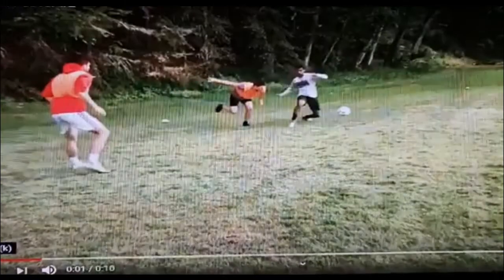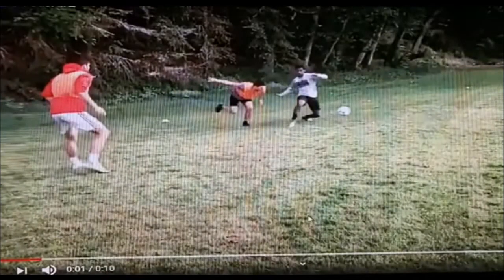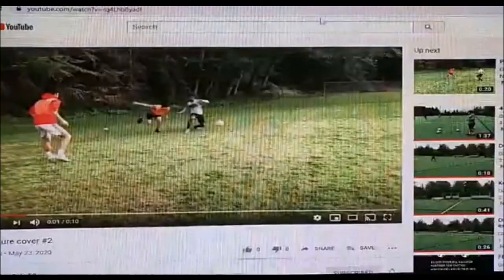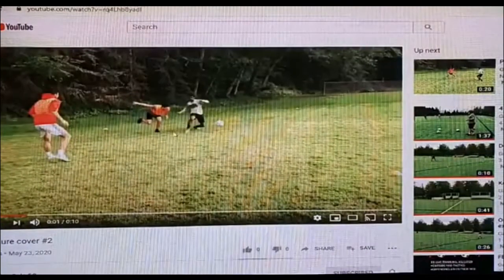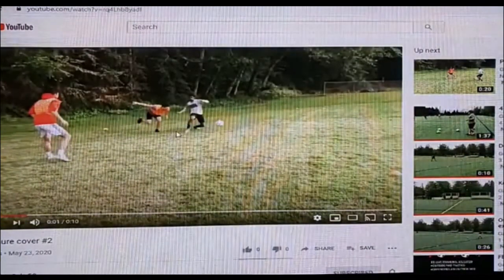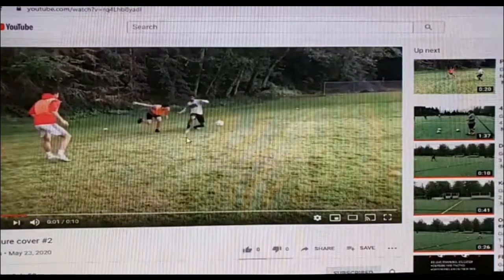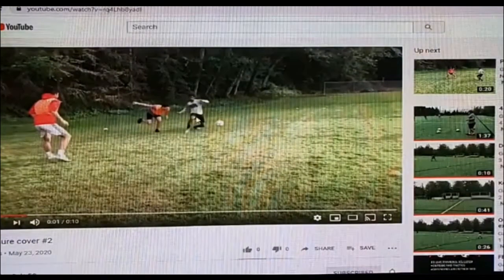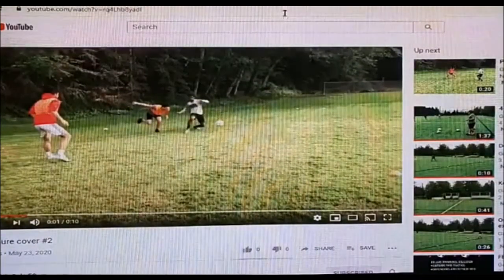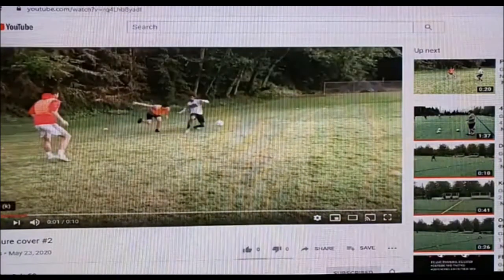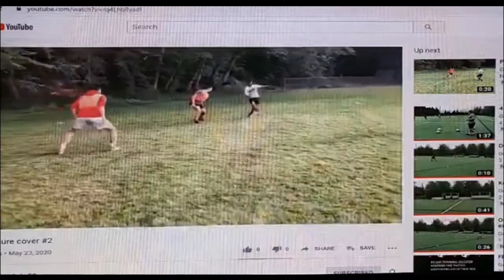It's just not giving them the center. That's the whole purpose of the drill. Okay? Not giving them the center. But one thing cool about this session is trying to win the first ball first. So you're working on a couple different things. A player who's facing his own goal, how does he receive the ball? Arm on the player, outside his foot, right? And then what do you do after that? Right? So look,